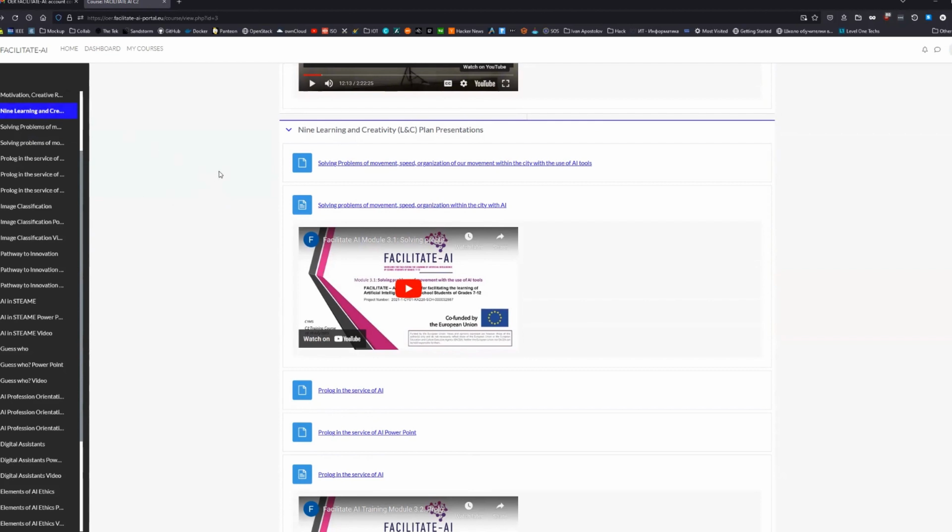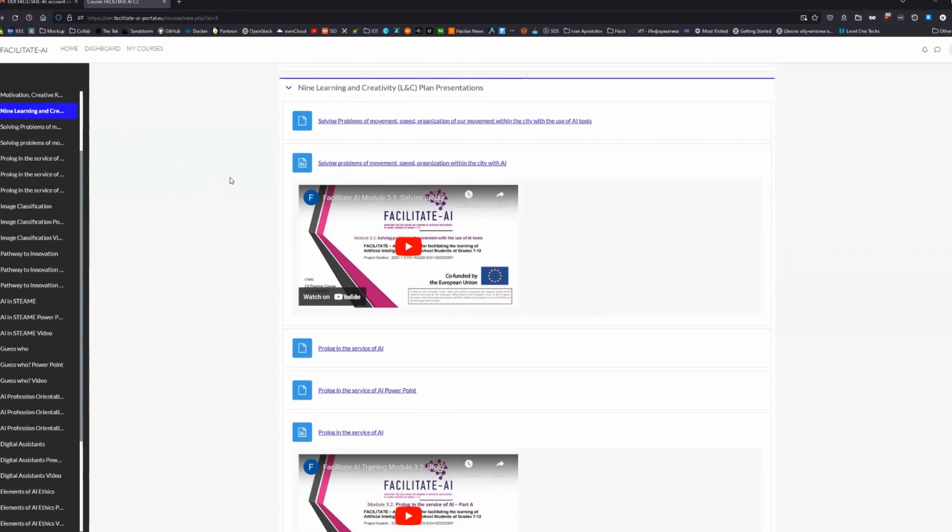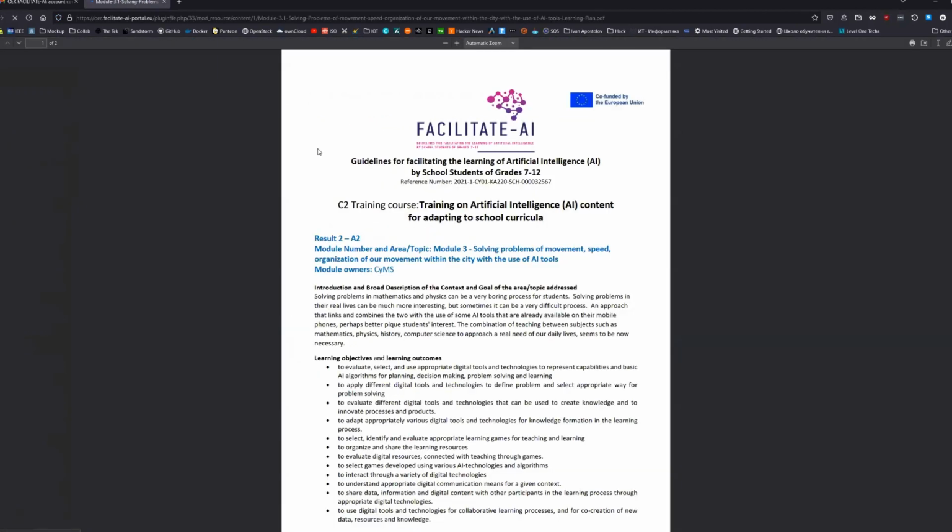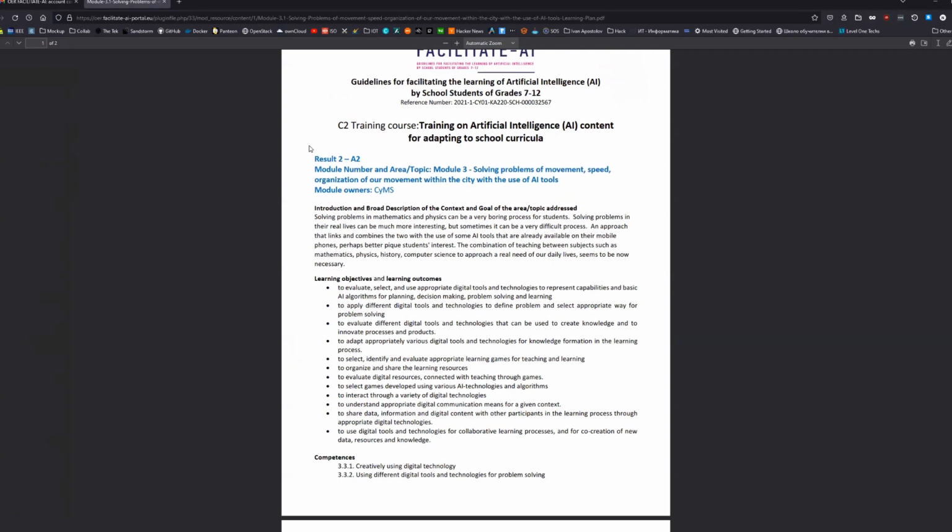And every presentation is different. So the structure is like this. We have solving problems of movement, speed, organization of our movement within the city with the use of AI tools. When we click here, we have the learning creativity plan about this topic.